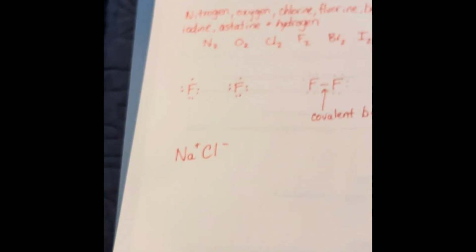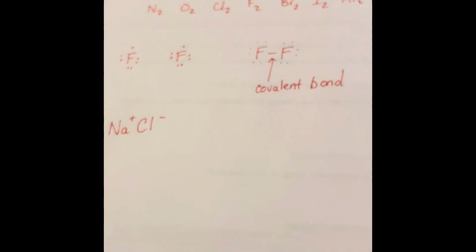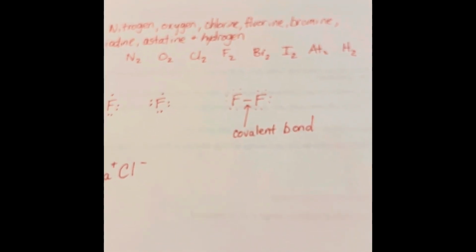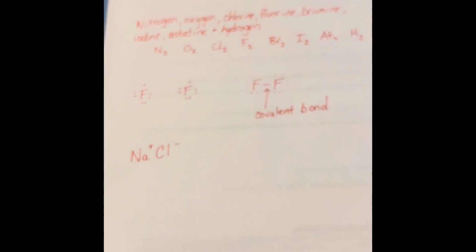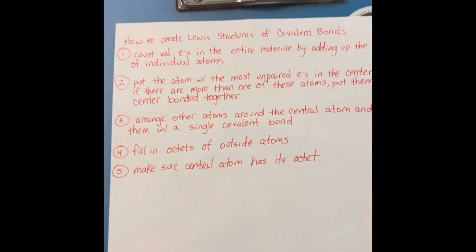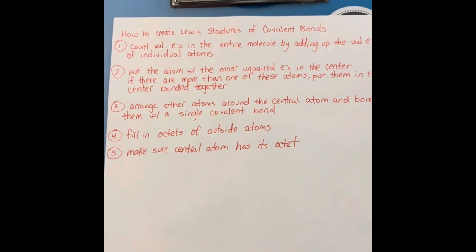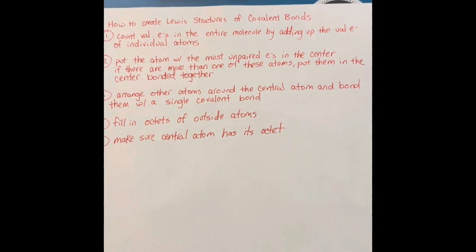So let's look at Lewis structures and see how we can fit the atoms together for these covalent compounds. And I'm going to give you some rules. Let me write them out and I'll come right back. Okay, guys, I'm back. So I'm going to give you some rules for how to create Lewis structures of covalent